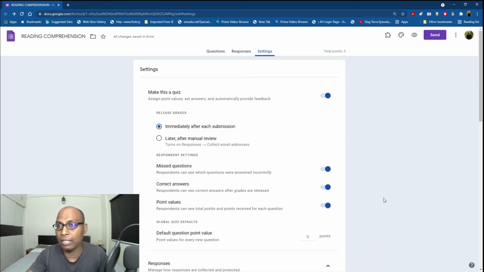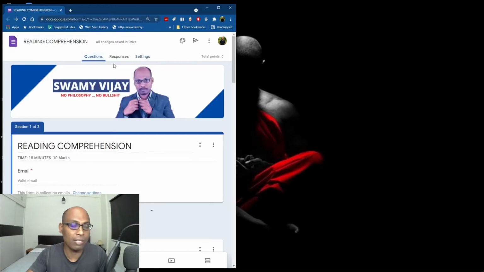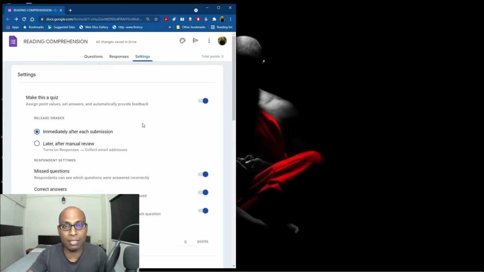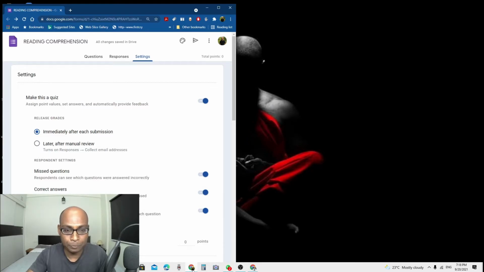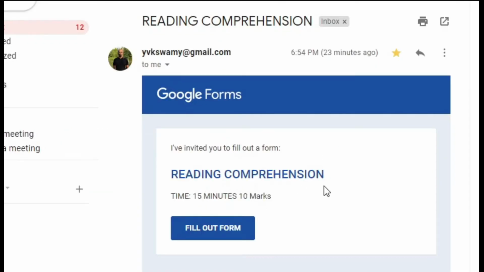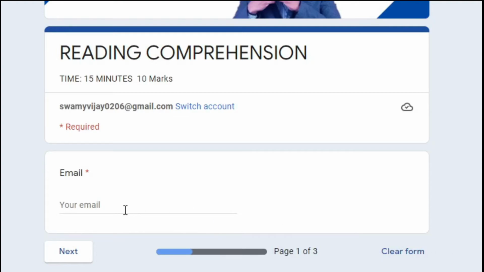Now being said that, let me show you, once the respondents, that means your students, the people whom you want to fill those Google forms, once they submit, how you can see those responses. I have already sent this to my other account. So here is the reading comprehension form. Let us fill out this form. Here you can see this is the main form I have created, and in this login I am going to fill the form. So first you need to type your email ID,